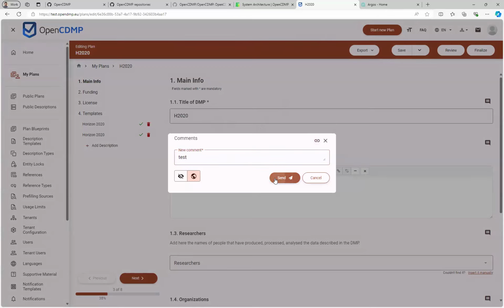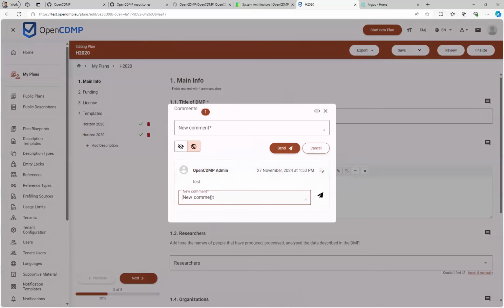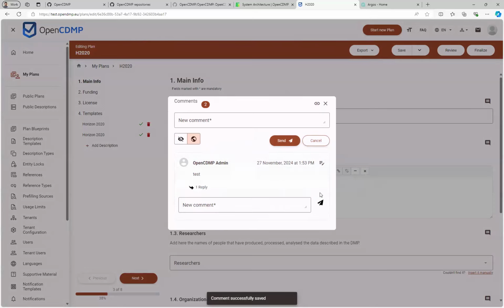I'm not sure if this is working in my test installation here, but let's give it a try. Yes, it works. And you can also create threads where someone can reply to one of your comments, etc. And these comments can be visible or private. Private comments would be like notes for yourself only.